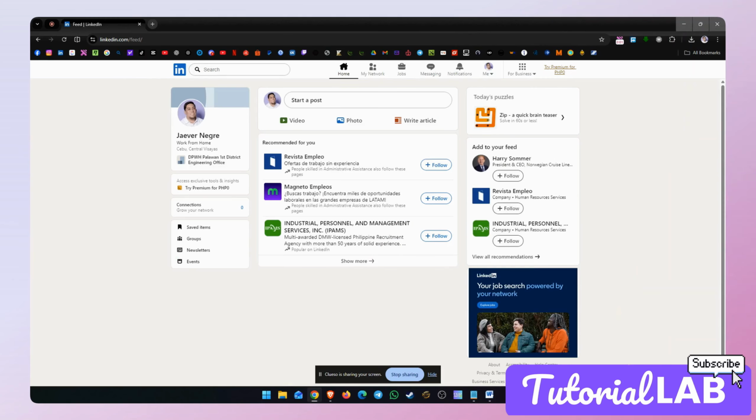Hey everyone, if we are applying for jobs and want to stand out from other candidates, adding our LinkedIn profile link to our resume is a smart move. Our resume gives a summary of our skills and experience, while our LinkedIn profile gives employers a deeper look into our professional background, recommendations, and achievements. Today, we will show how to add a LinkedIn link to a resume and why this is important for building